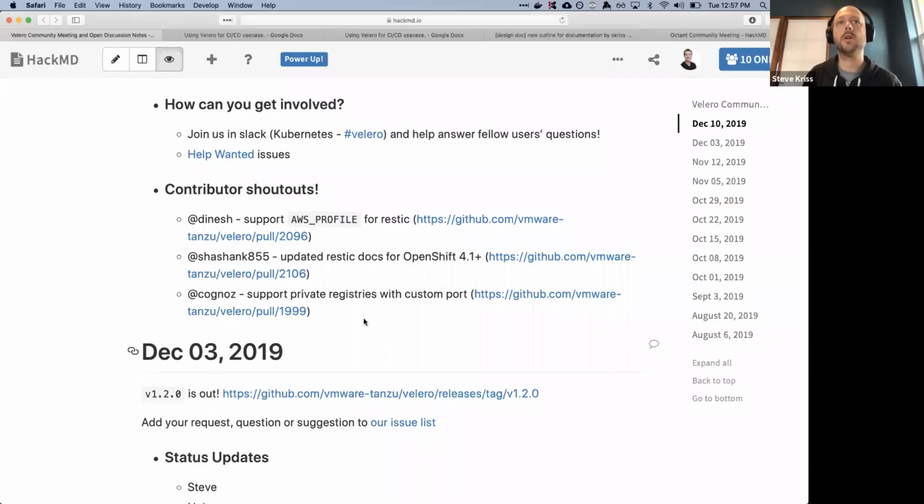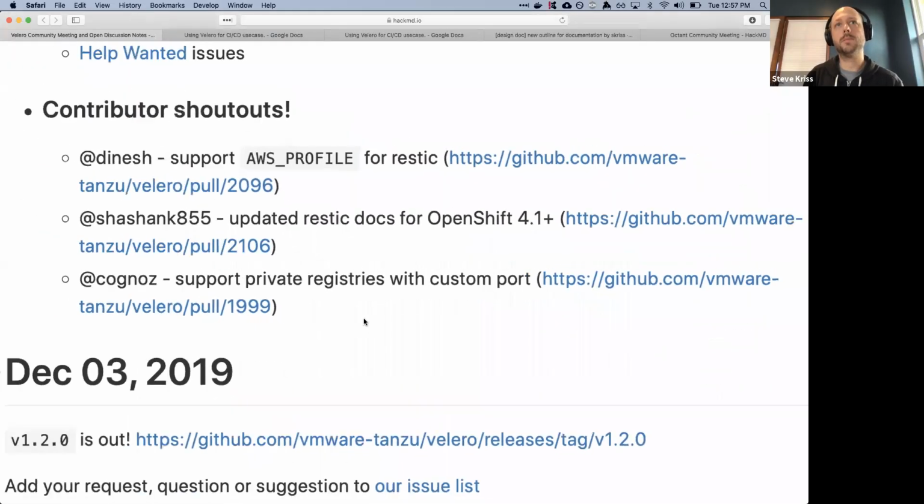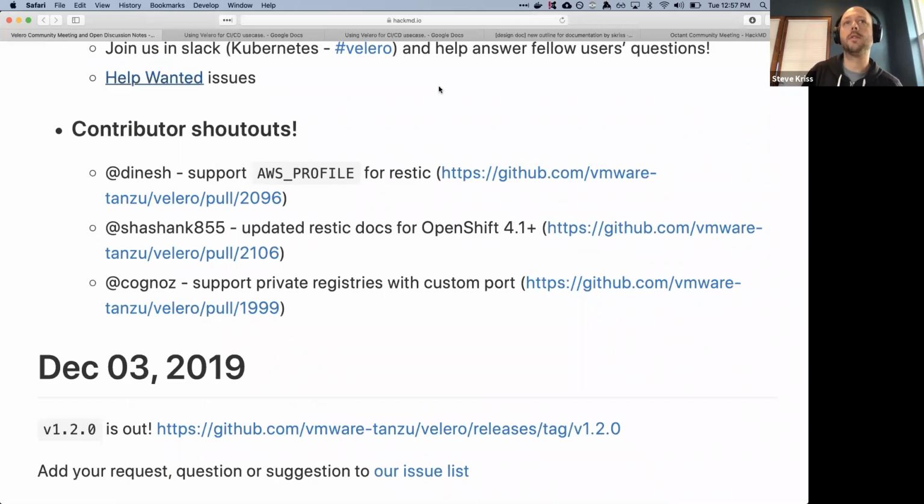Steve, do you want to close us out with some contributor shoutouts? Yeah, absolutely. We had a few contributions over the last week or two, in no particular order. The first one is from Dinesh, who added support for the AWS profile environment variable when using Restic.